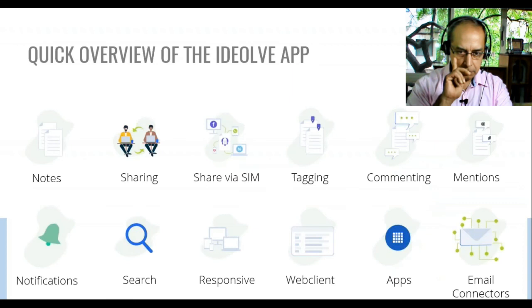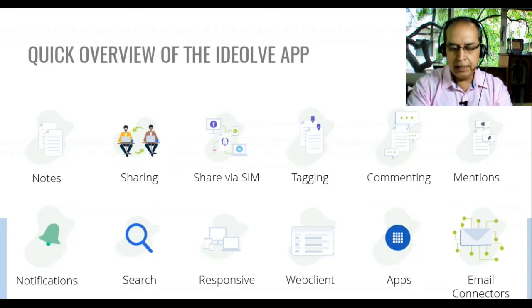So before we go next, here's a quick overview of the Ideol app and its concepts, or so to say its elements. So everything starts with a note. A note is shared on mobile or other devices as well, because there's a mobile app here.